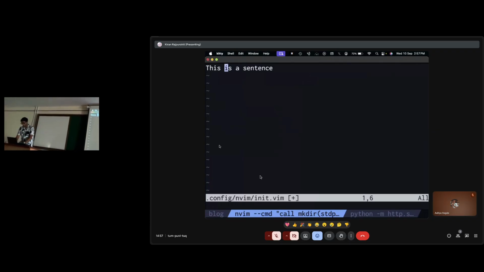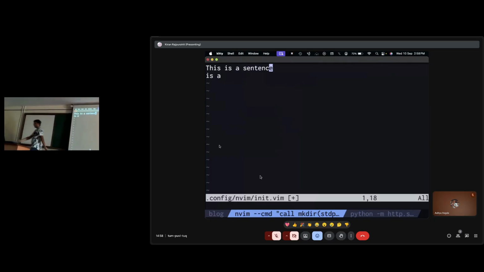I want to press O to insert a new line. Escape to go back to the normal mode. And from normal mode, I'm going to do the paste action. So I'll repeat that. Did everybody follow what I just did? This is a sentence, and I was at the end of the sentence, correct?